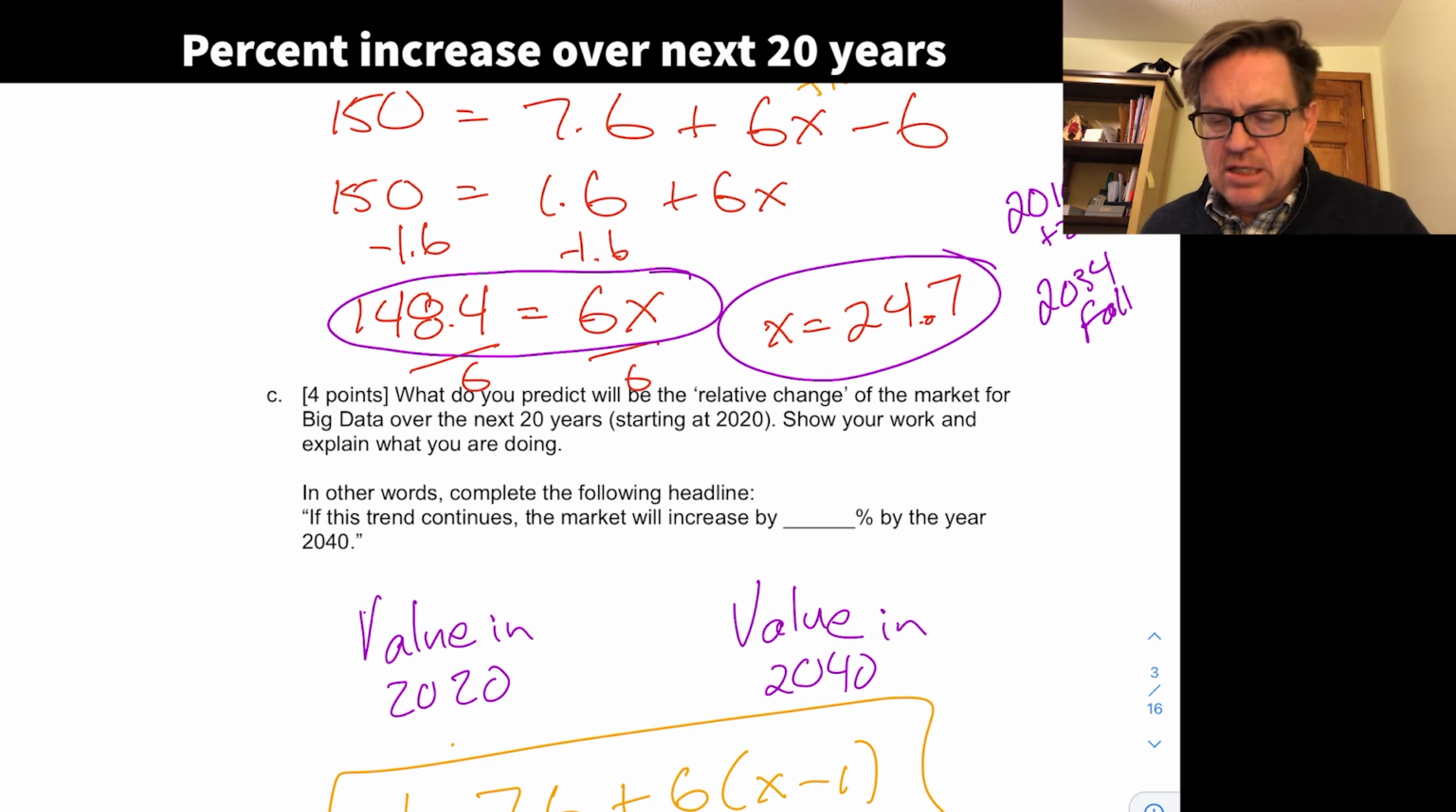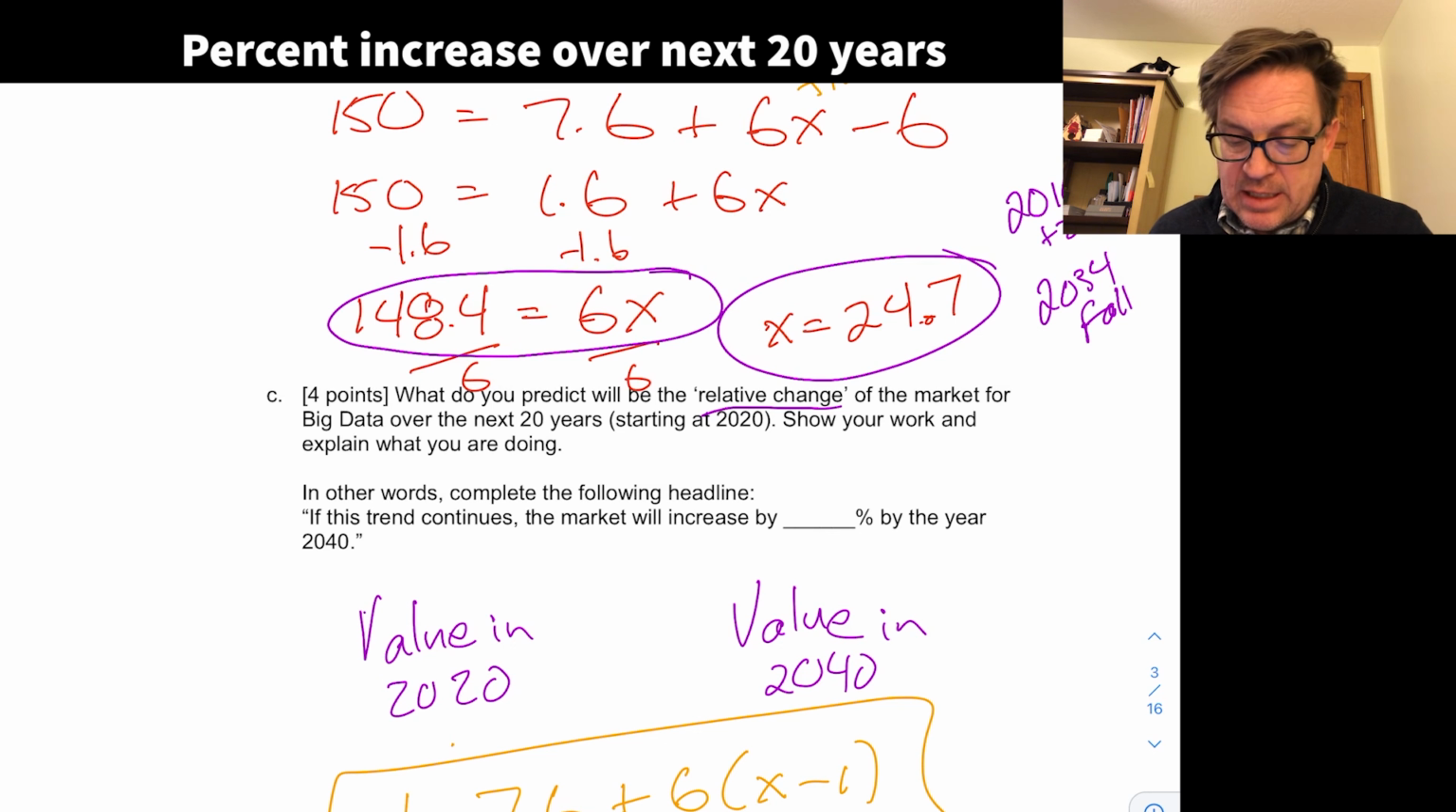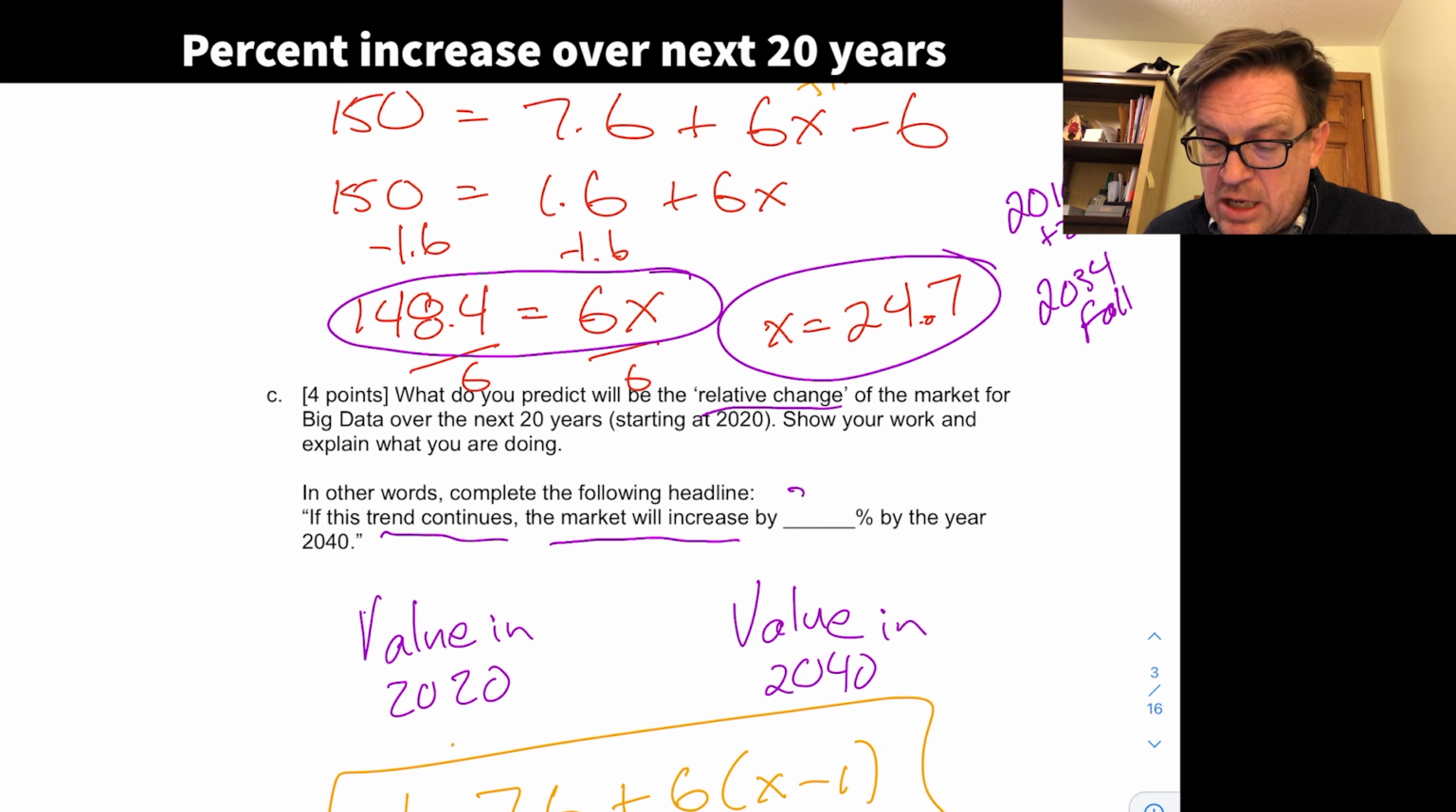So now I want to ask a question. What do we predict the relative change of the market will be over the next 20 years? The way I think about that is, you're writing a newspaper story about the big tech market, and you'd like to say it's increasing at $6 billion per year. And if this continues, the market will increase by 30% by the year 2040, or maybe